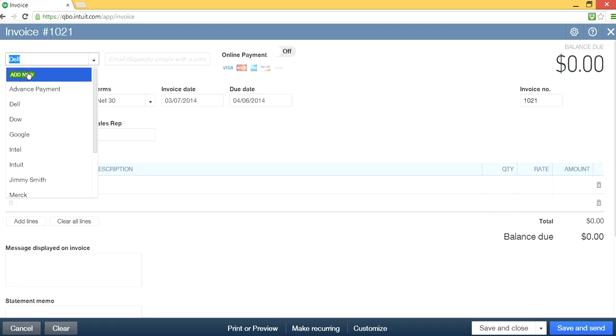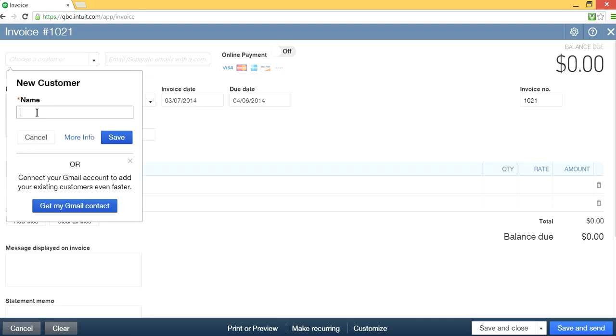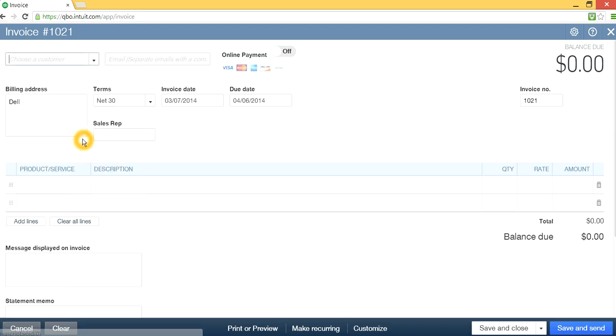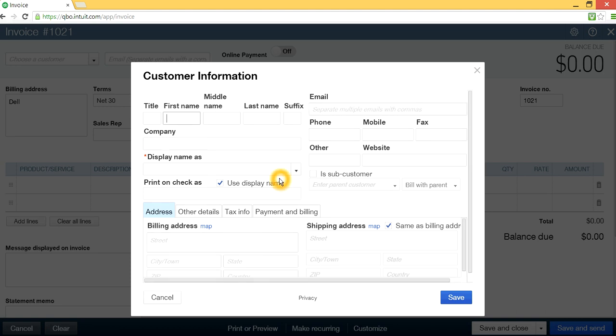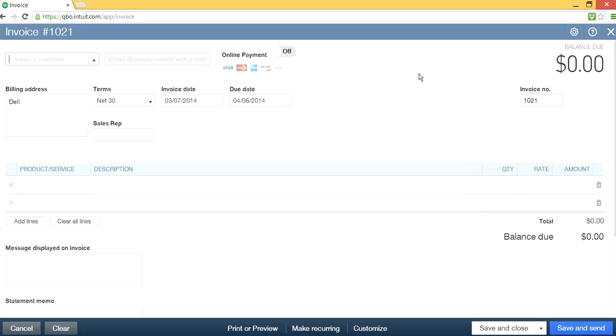So just add new, you'll get something like this. Just put Dale in here, and if you want to put in more information, you click in here. You'll get a customer information page, so fill out all those and save. Okay, and then